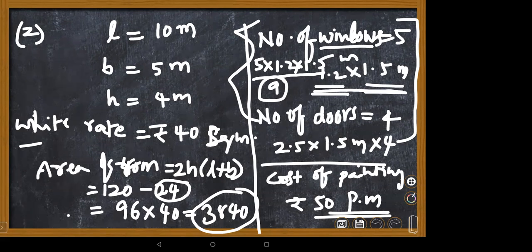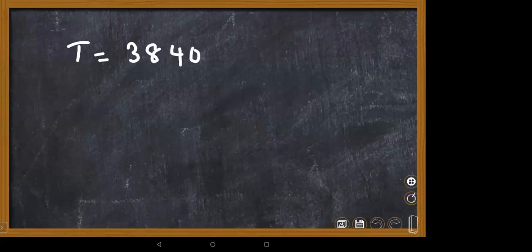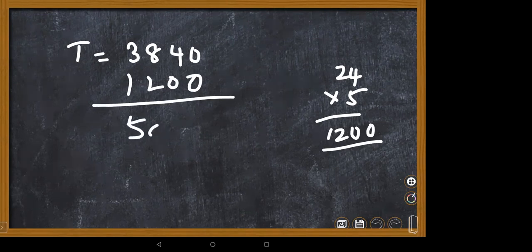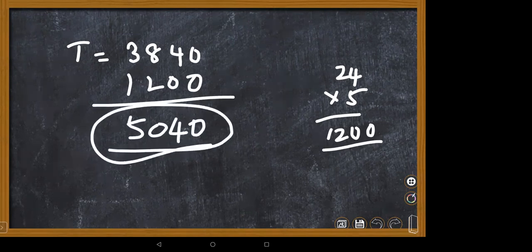Exactly correct. The total cost the person is spending for painting the room, walls as well as doors and windows, is rupees 5040. Why? Because 3840. Then 9 plus 15, he got 24 square meters into 50. 25 fours are how much, children? It's 100, which means 1200. So you need to add this total 1200, and you will get the cost as 5040. This is the total amount spent for painting the room, windows, walls and doors too.